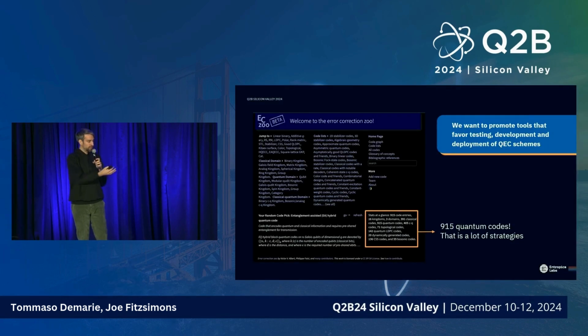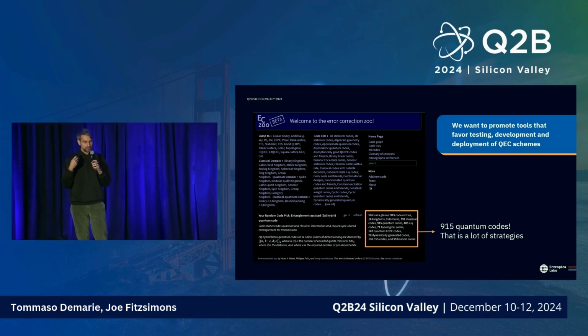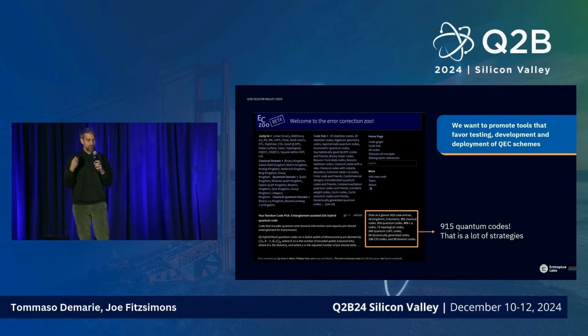If you go and look at the quantum error correction zoo online, what you will see is that there are a lot of strategies available. This was done a couple of days ago. It was 915 at the moment. I don't know if we have more today. But the reason why I'm putting the number out there is just to highlight the fact that we still don't